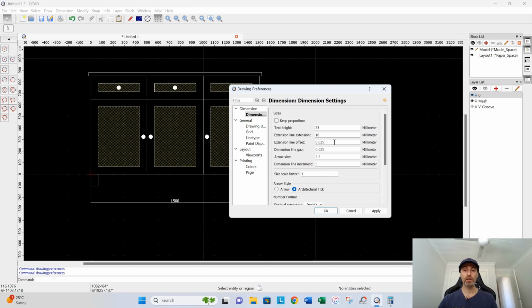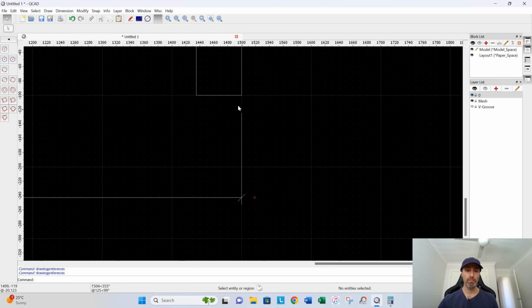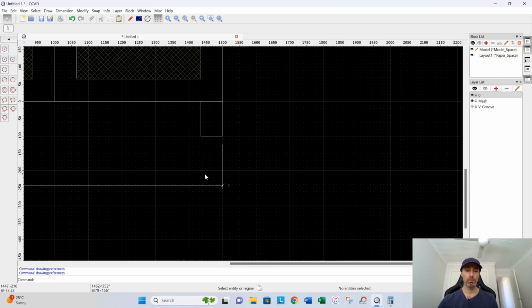Extension line offset is going to be this one here off your job, and I want a decent gap there if I can. Let's try 25 for a start. Arrow size, that's the architectural tick size. I'm going to stay at 10. Let's press apply. Okay, and you can see how now I've got a gap there and the architectural tick has